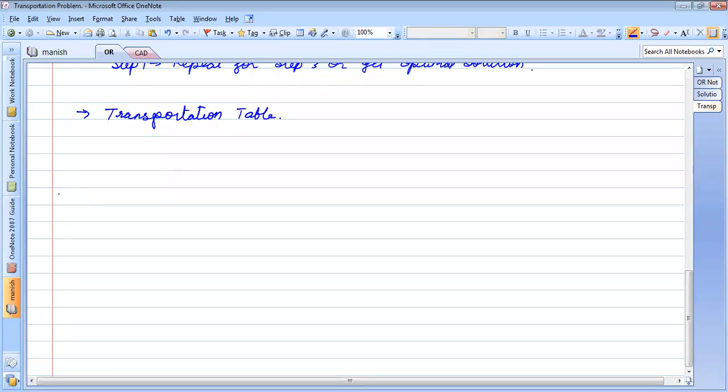What is the transportation table? Very simple. Don't worry about it. First, we will draw one column with the supplying units. So it can be a factory F1.